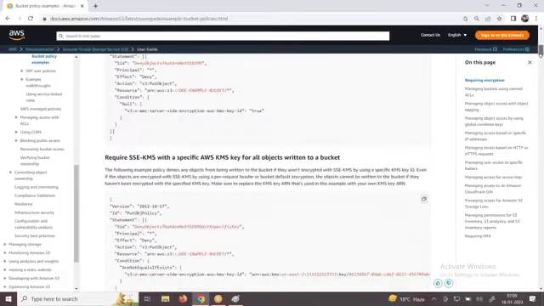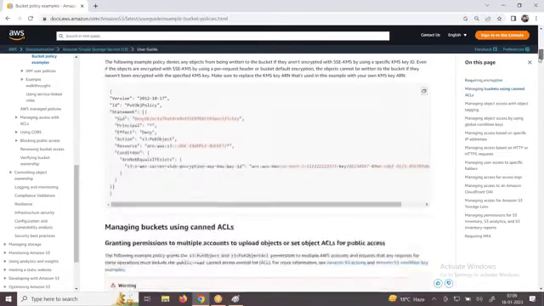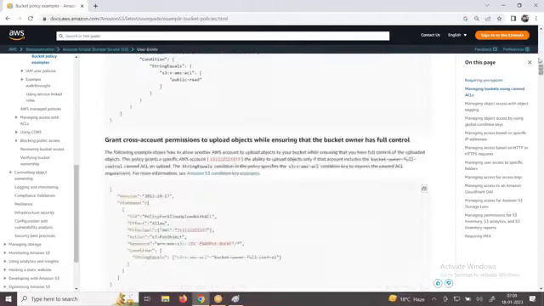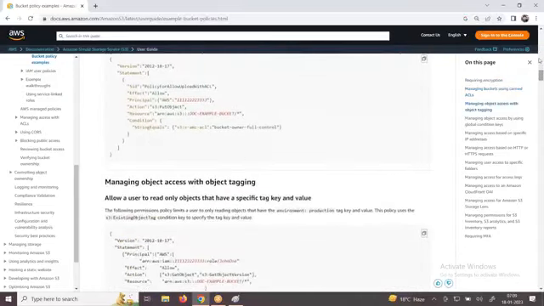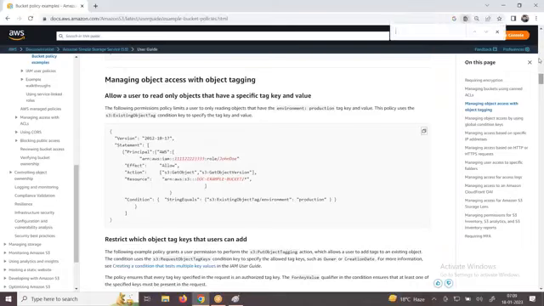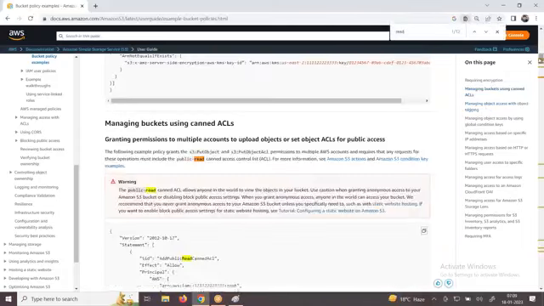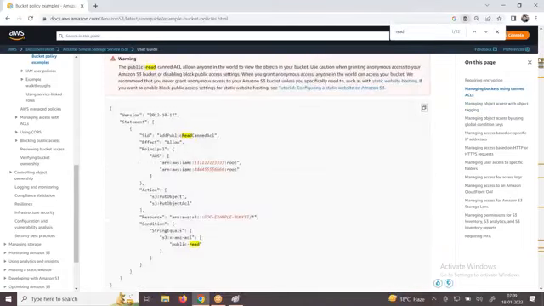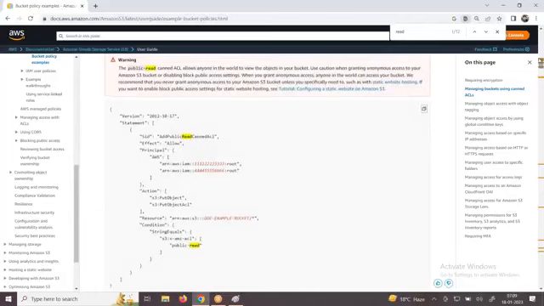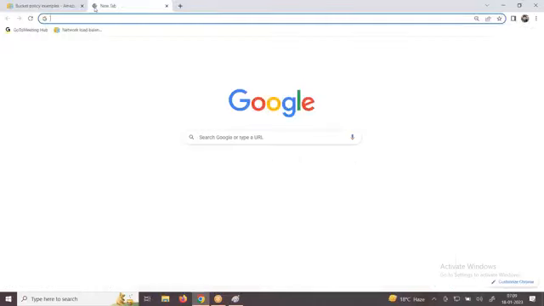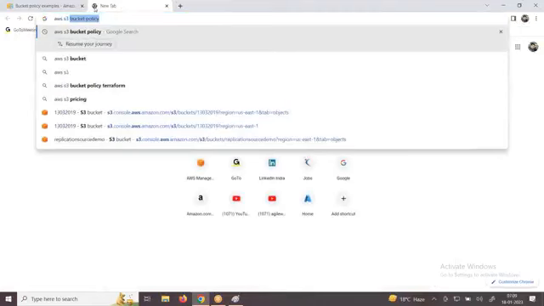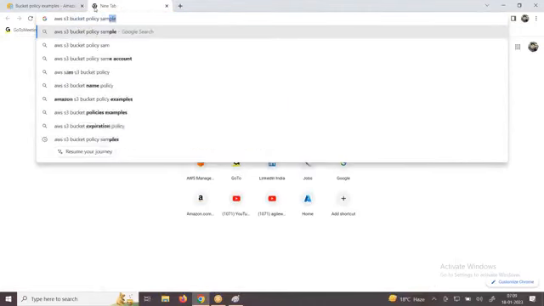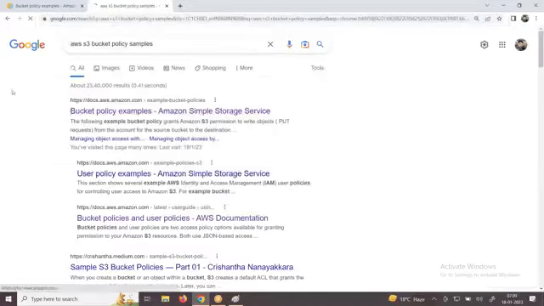Let me show you an example of how a bucket policy looks. I want to go for the simplest bucket policy. Maybe they changed it.